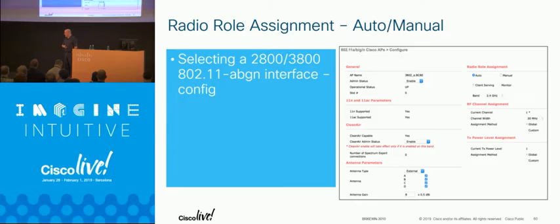One of the things I'm going to tell you to do, the radios are always going to be in audit. So at the global level, you can enable or disable the algorithm. At the radio level, you can say participate or don't participate. By default, they're all auto. If they're in auto and FRA is turned on, it will calculate the FRA, and if it thinks that radio belongs somewhere else, it will shift it.